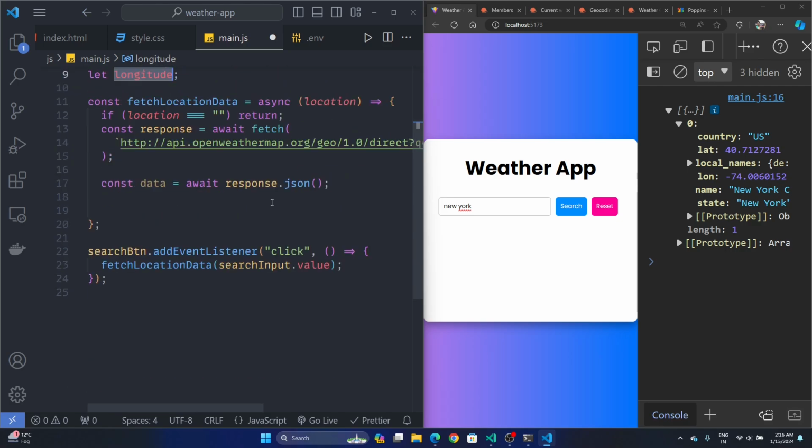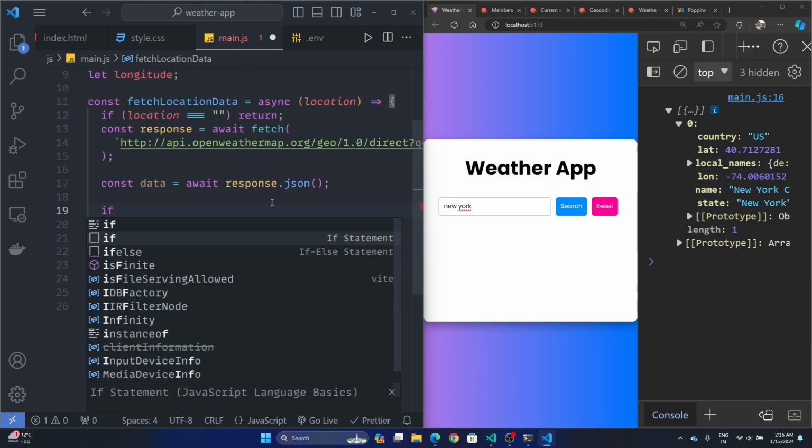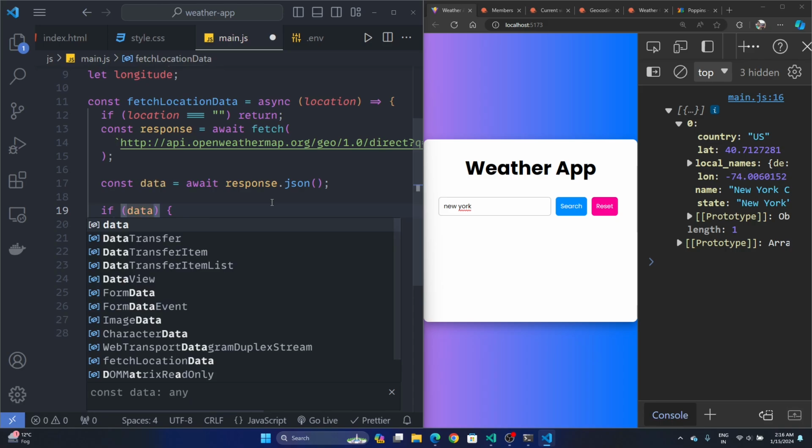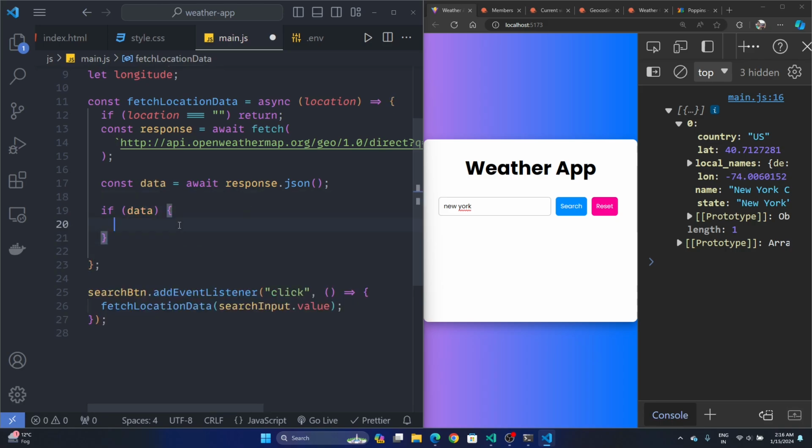Okay, and now if we have the data, remember we have the error message as well. So we will do that once we do this one, if we are able to find the data. If not, then we will show an error message. But now if we have the